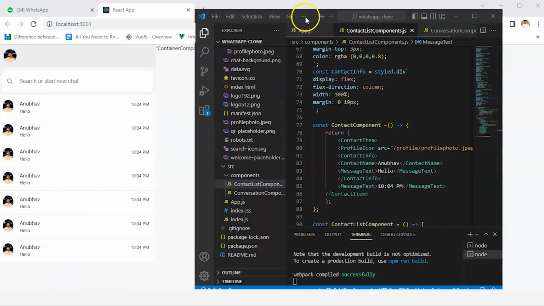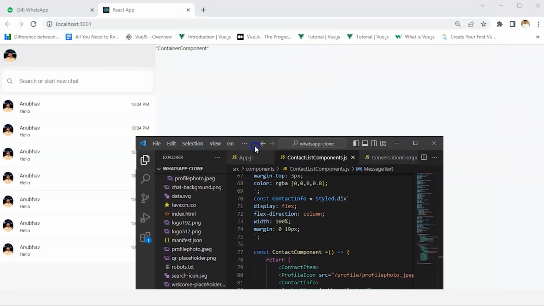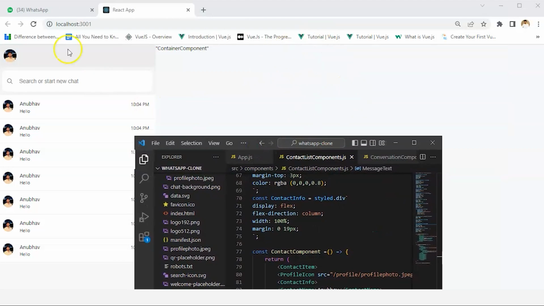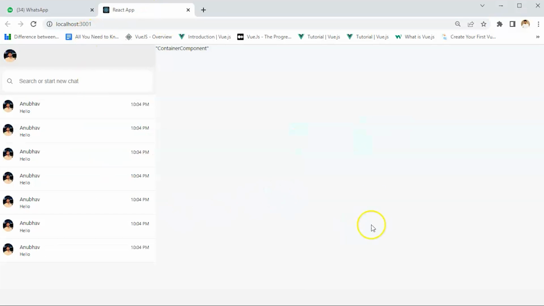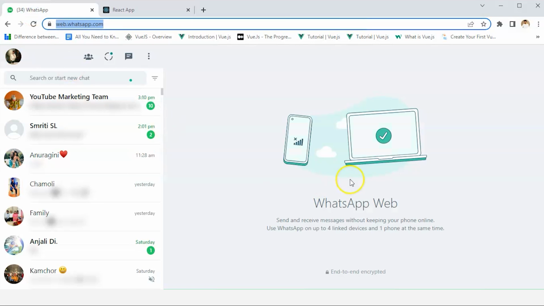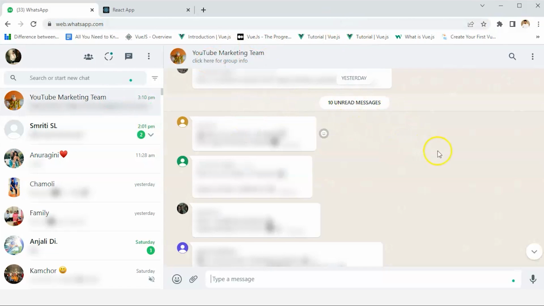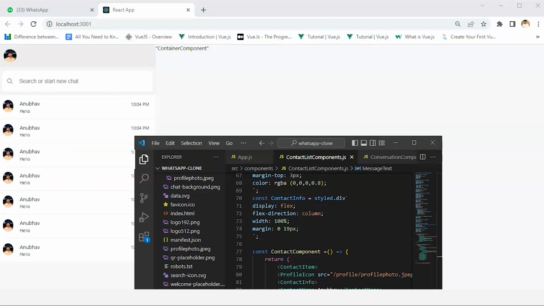Okay, now we're going to work on the container component. Let's leave the placeholder for now, this one, or an image you can add here, the WhatsApp one only. Let's make it after some time, but let's make this component first, the image and the chat component. Okay, so let's do that. Coming back to the code,